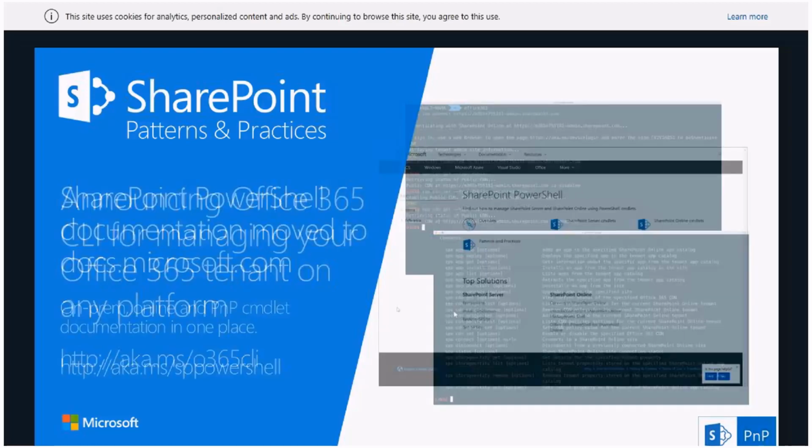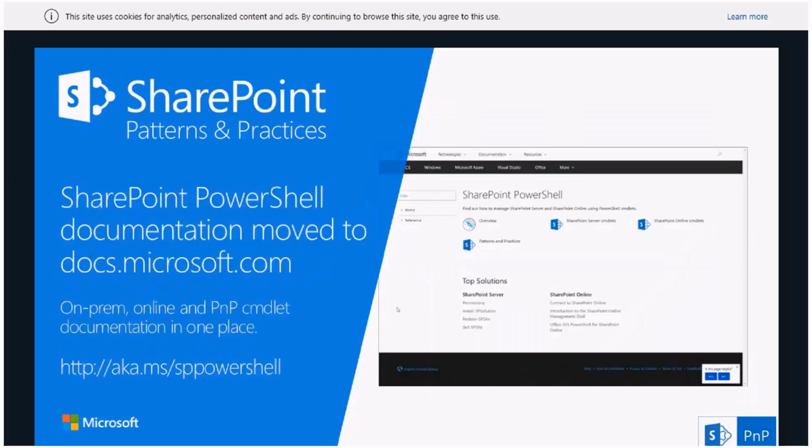Cool. What else? Probably a final news item, if I remember correctly how I prepped the slides quickly. SharePoint PowerShell documentation has also now moved to docs.microsoft.com. This happened this week. So we are shutting down TechNet. I think TechNet already has redirections in place, and the PnP PowerShell redirections in MSDN will be enabled probably later this week.